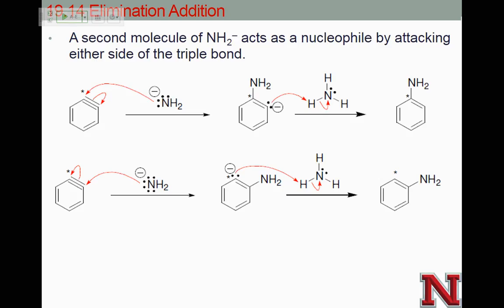You actually have the possibility for 3 products, because remember, your ring is in resonance where our double bonds are considered between all of the carbons. So while I'm showing the benzyne existing between this carbon and carbon 1, I could just as easily, and it's going to happen because it's the same compound, have our benzyne between carbon 1 and 5. So my NH2 group can be on carbon 1, carbon 2, or carbon 5, because my benzyne can be here, because remember, this double bond is in resonance. So if I drew that, my NH2 on carbon 5,